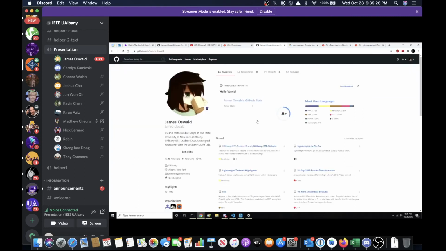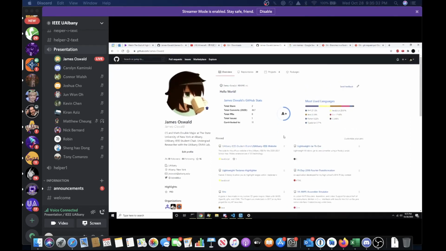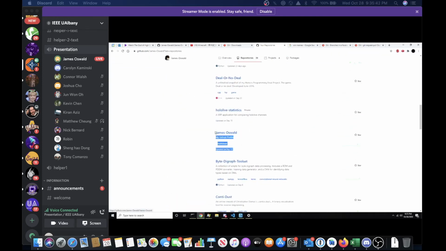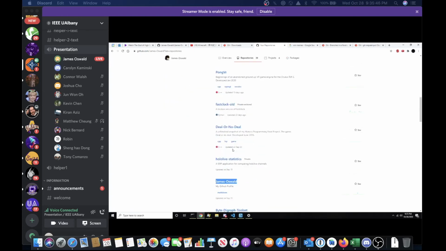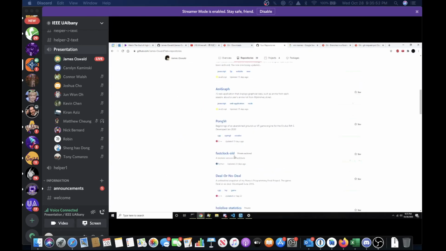So your profile, this is the big thing where you want to basically put everything that you want people to see, right? So when you create a repository with your name, as you can see for me, it's down here. My GitHub username is James Oswald. So if I create a repository named James Oswald and then add a file called readme.md inside of it,